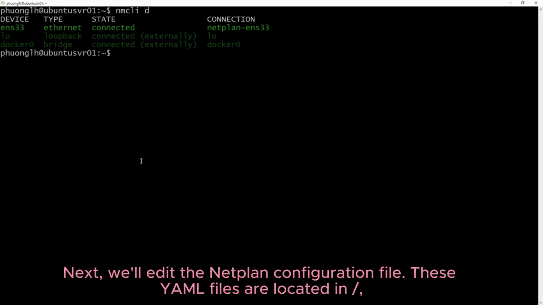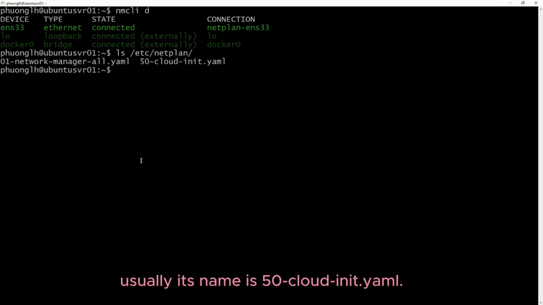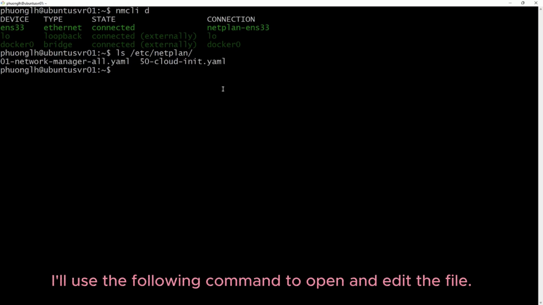These YAML files are located in /etc/netplan. Usually it is named 50-cloud-init.yaml. Okay. I'll use the following command to open and edit the file.